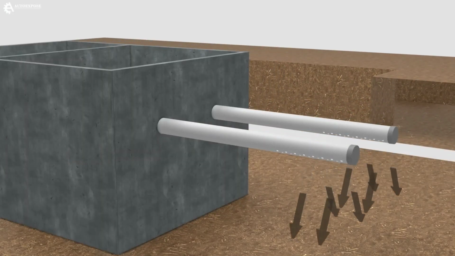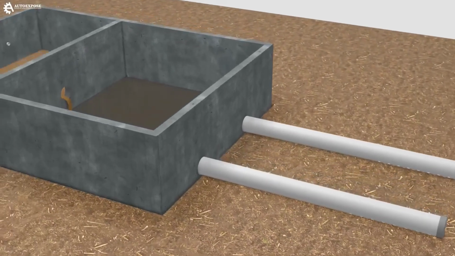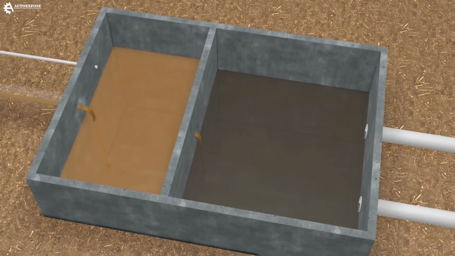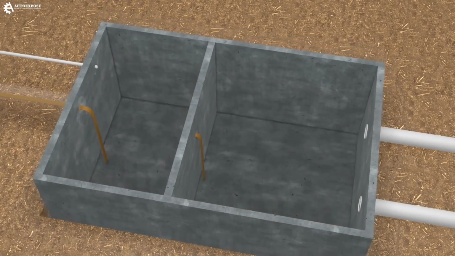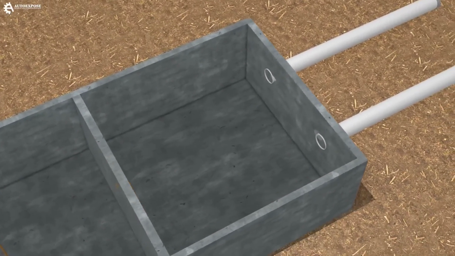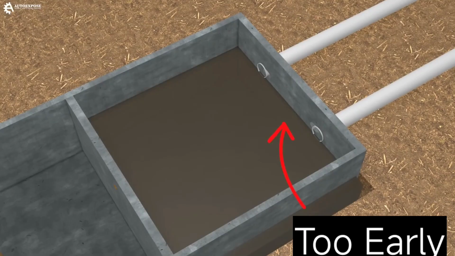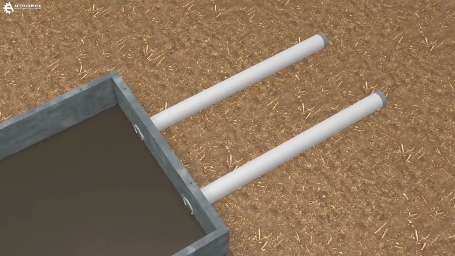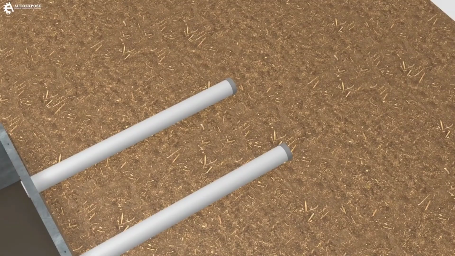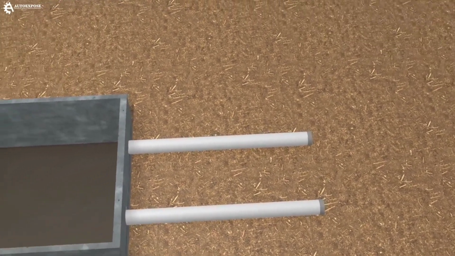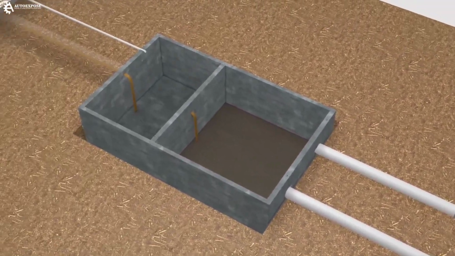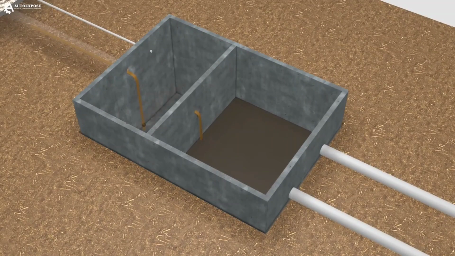So the core of the septic tank is how much space is in the septic tank. Because if the septic tank is made too small, the waste will reach the infiltration hole in an unripe condition, and this will pollute the surrounding soil. Make sure that before the waste reaches the infiltration hole, the waste must be accommodated in the septic tank at least 6 months to mature the organic material perfectly.